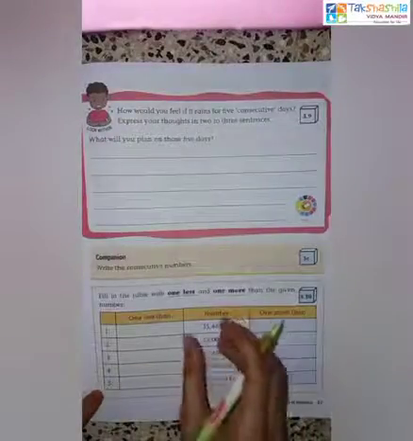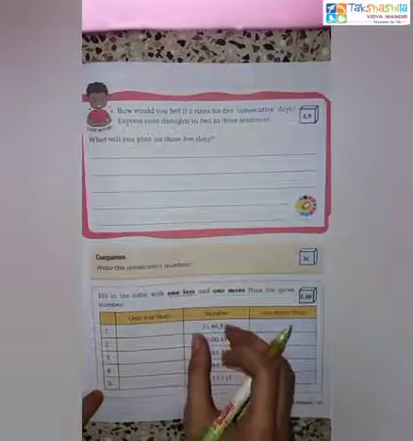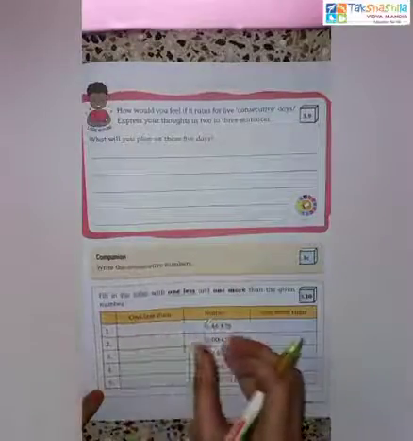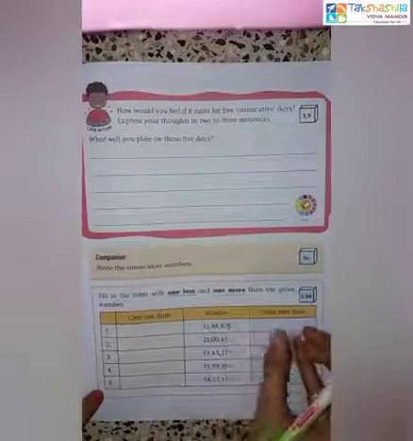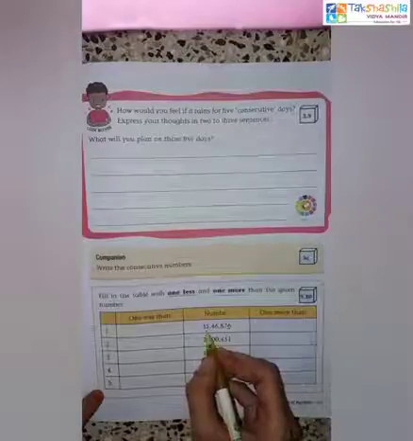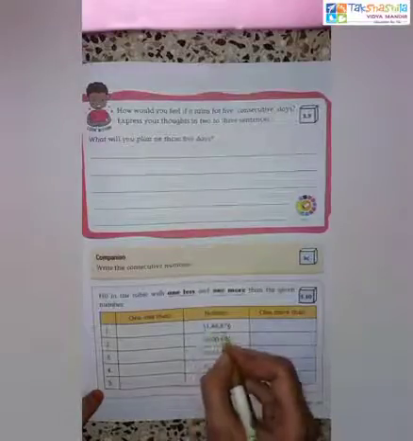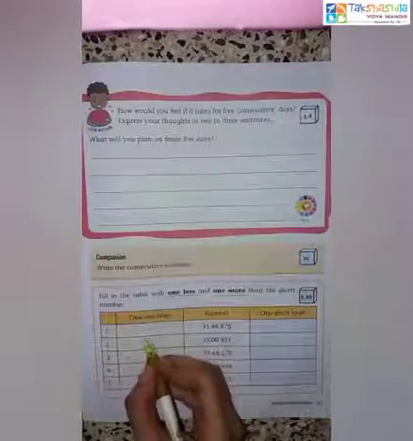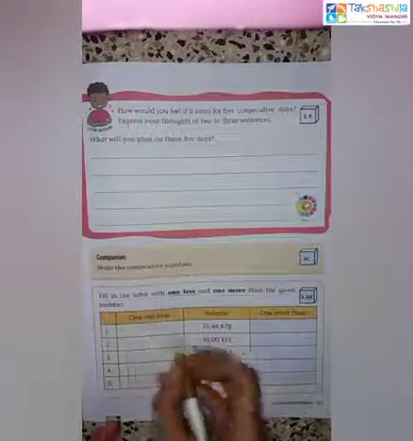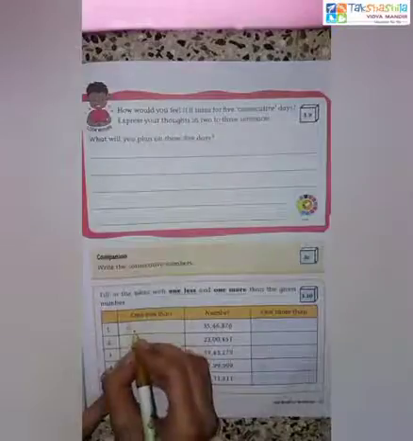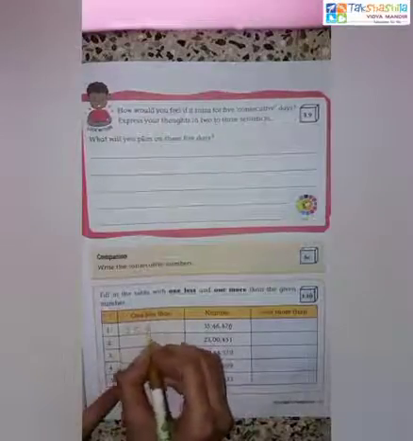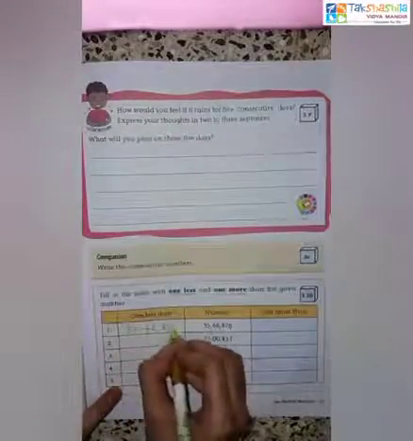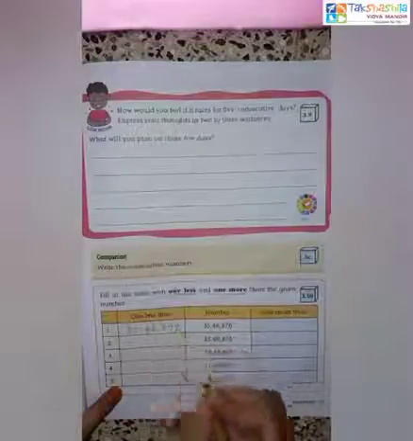Now we are going to complete this tabular column. The number is given and we are going to write one less than the number, and for this one more than the number. Read out this number: 35,46,876. One less, we have to write, that means the previous number or before number: 35,46,875.